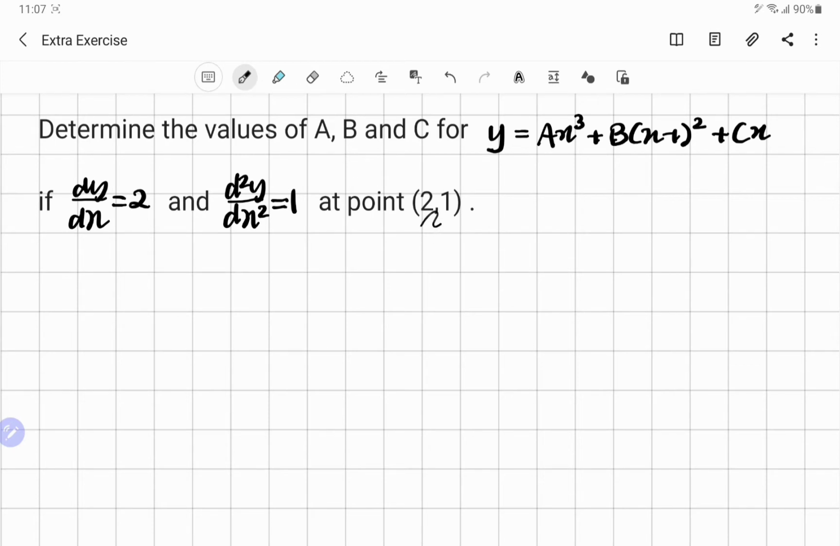We need to understand that the point (2, 1) means x equals 2 and y equals 1. We need to substitute these two values into the function y equals ax cubed plus b times (x minus 1) squared plus cx. Therefore, we're going to get 1 equals